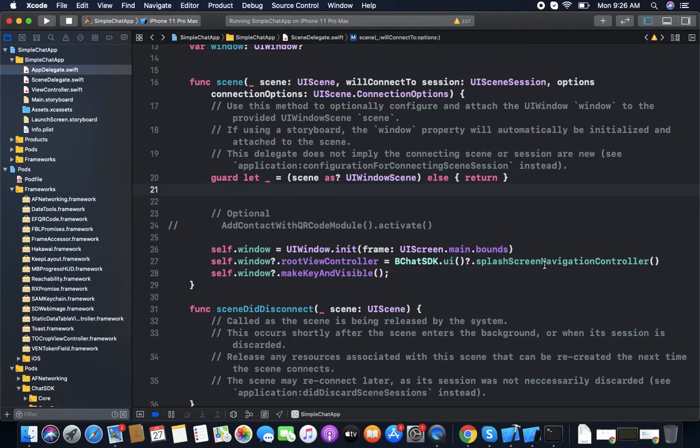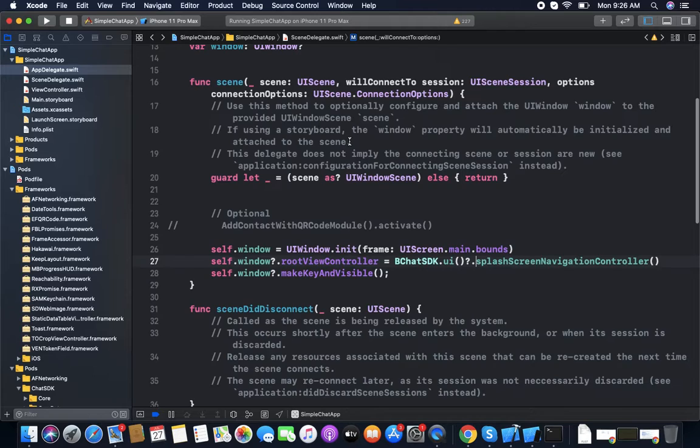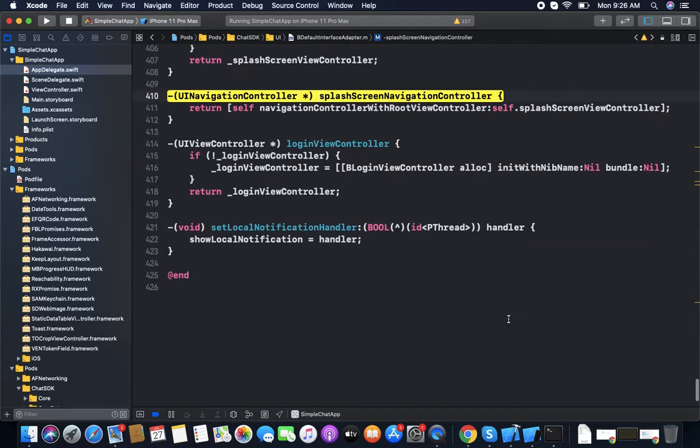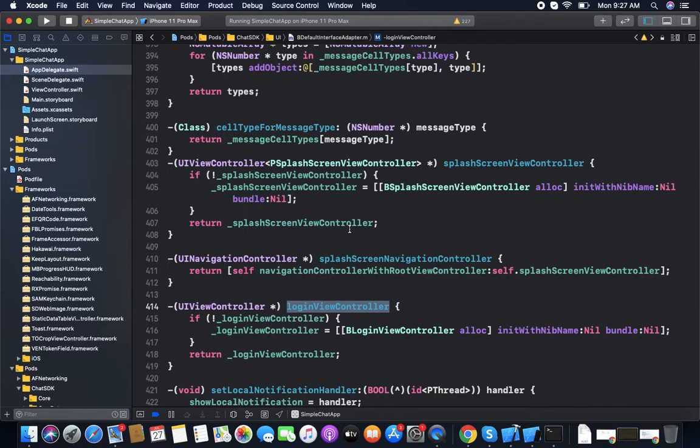Basically, we are using the chat UI, so you can go there and you can see there are lots of screens, like the splash screen and login view controller. We are using the splash screen because the splash screen is the controller which will manage whether the user is logged in. It will show the chatting screens, or if the user is not logged in, then it will show the login controller.